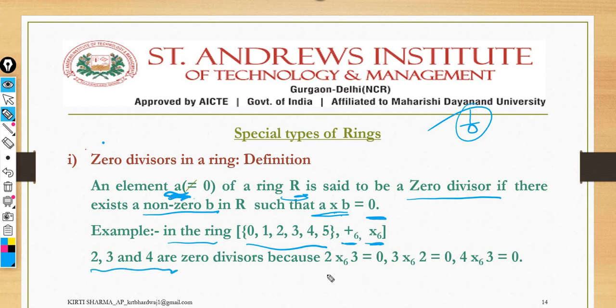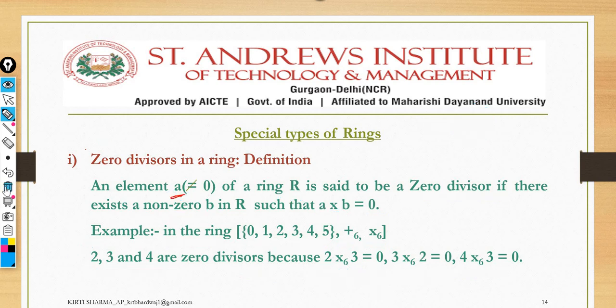Because of what? If you are applying multiplication modulo 6 on elements of the given set, take 2 and 3. 2 times 3 is 6, and 6 divided by 6 leaves 0 as the answer. So if you're getting 0 as the result after applying the operation on two elements of the set that belongs to the ring R, then those elements are known as zero divisors of the ring. I hope it is clear to all. So from this example, 2, 3, 4 are the zero divisors in this ring. I've given that example here to make it clear. Up to now you are clear with the zero divisors in a ring.